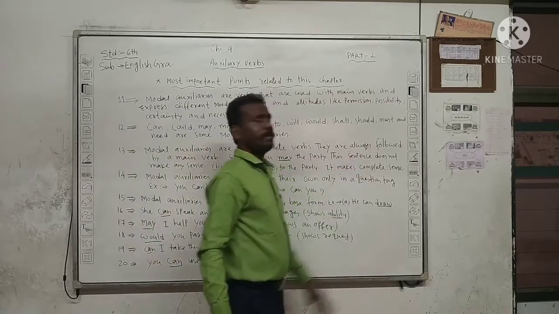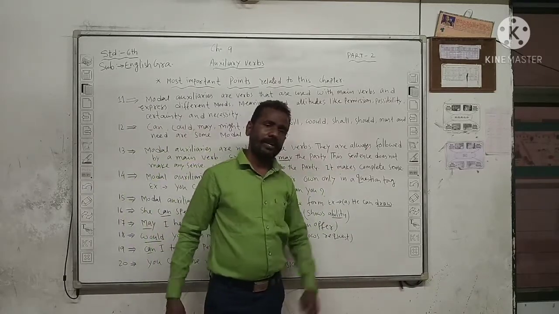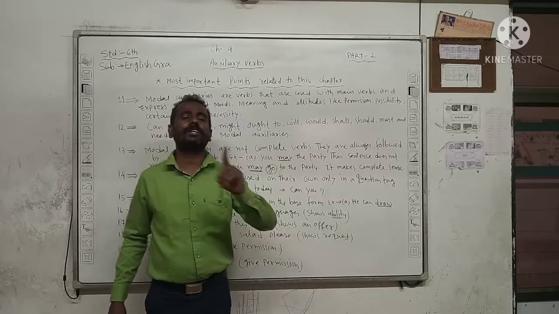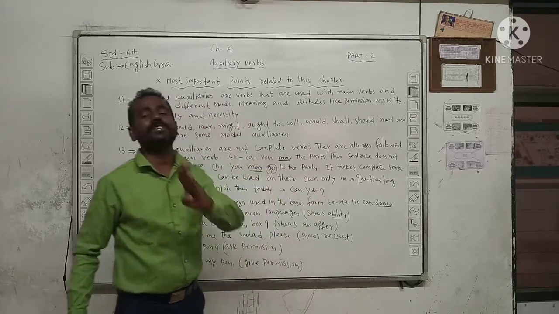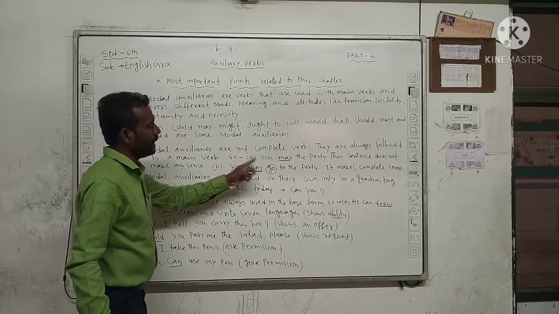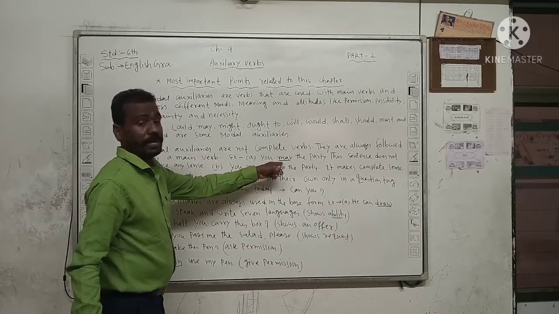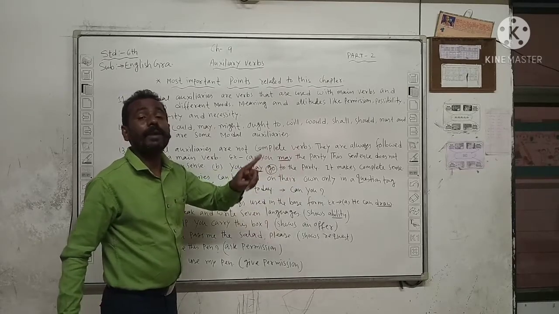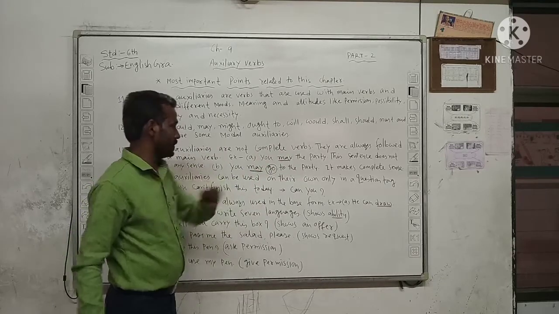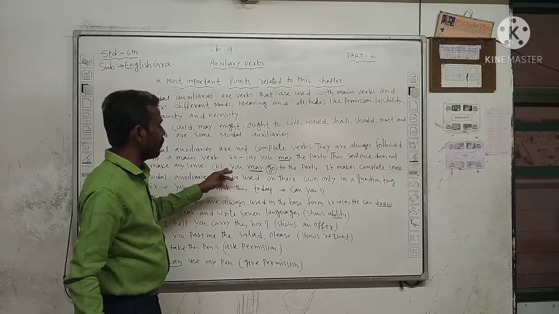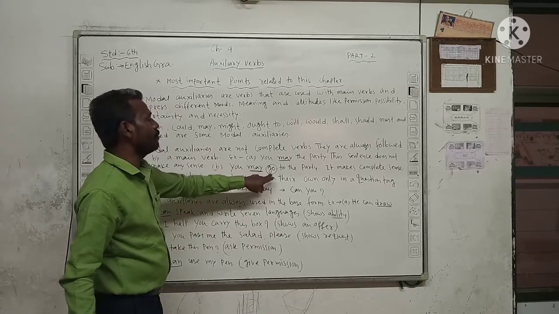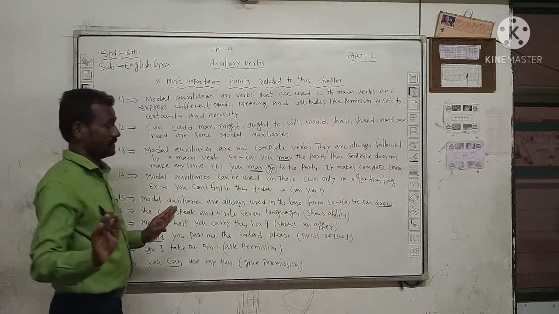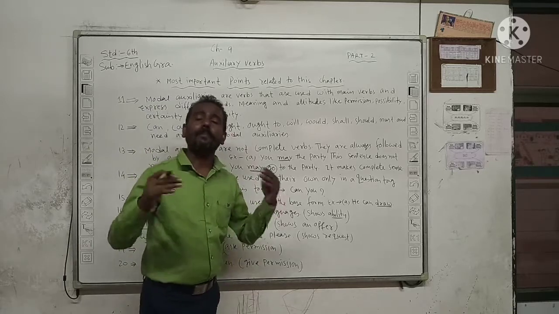Suppose I am saying that modal auxiliaries are not complete verbs, they are always followed by the main verbs. You can ask how it is possible. If I am not giving the example it is difficult, but with an example it will be very easy to understand, because example A I have put underlined there: you may, after that there is no main verb. So it is not meaningful, does not make any sense. But in the B section, you may, after that I have put go, this is the main verb, so it makes complete sense. What? You may go to the party, आप party जा सकते हो.